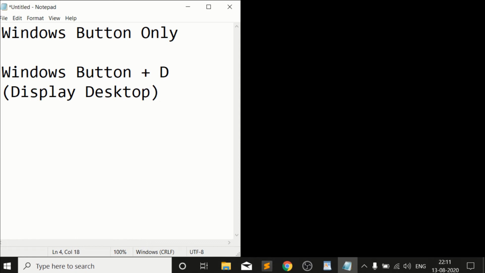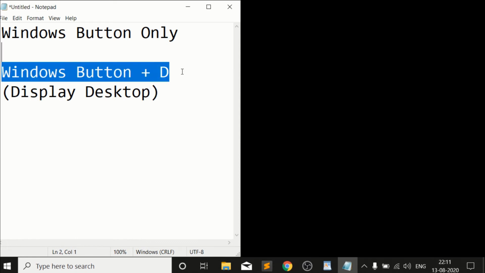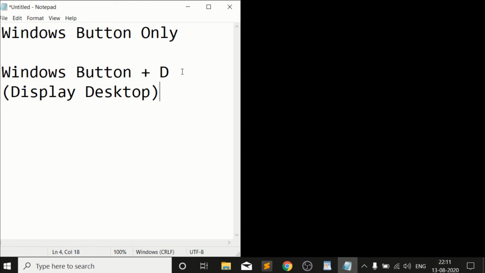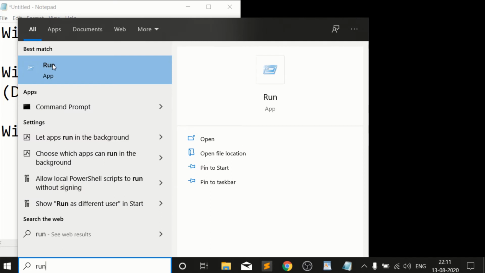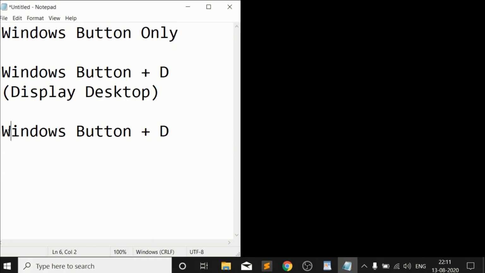The next command is very useful, guys. We use Run, right? If we go to Windows and search or type Run, it takes a lot of time to open this application. Instead we have a simple Windows button plus R. Let's see what happens.